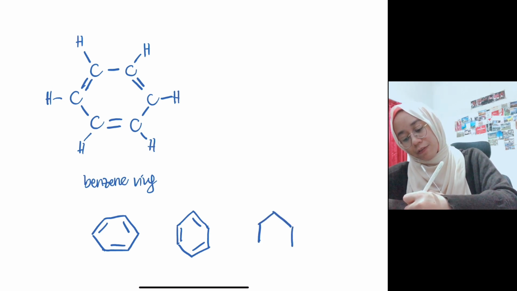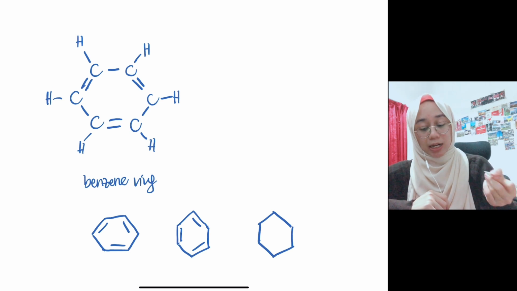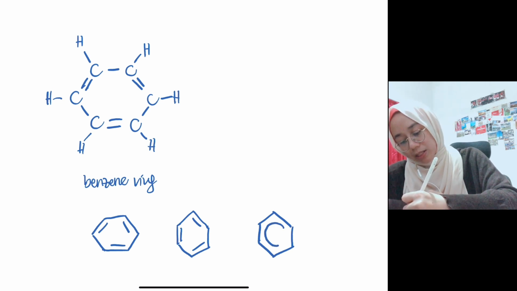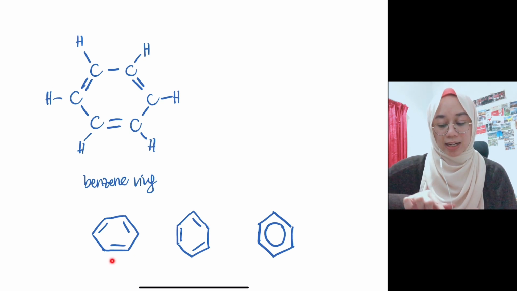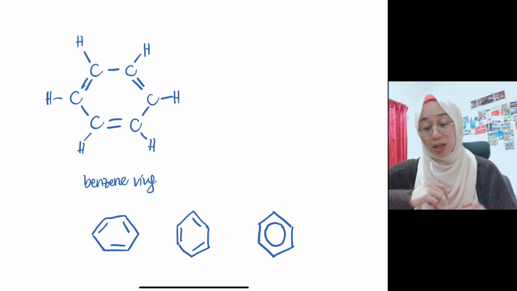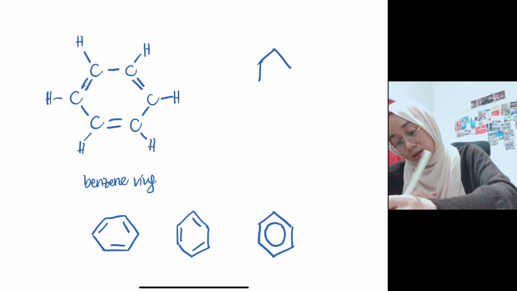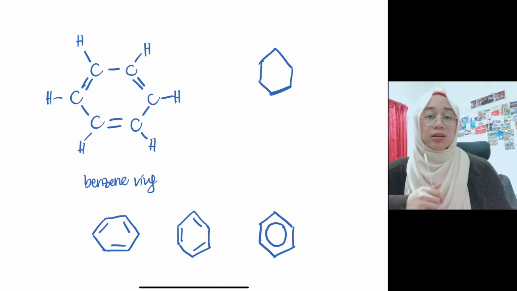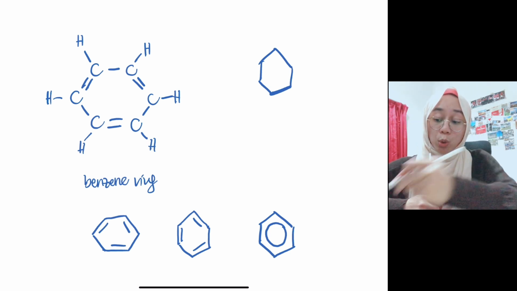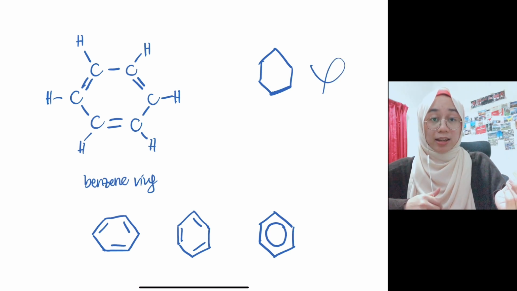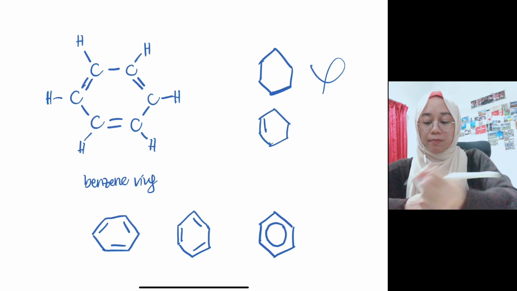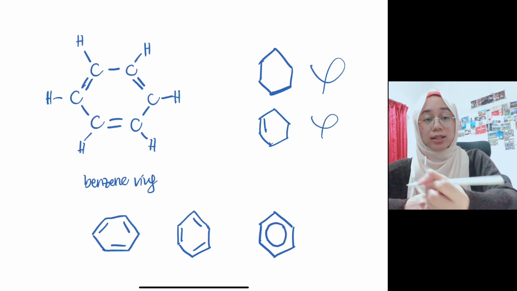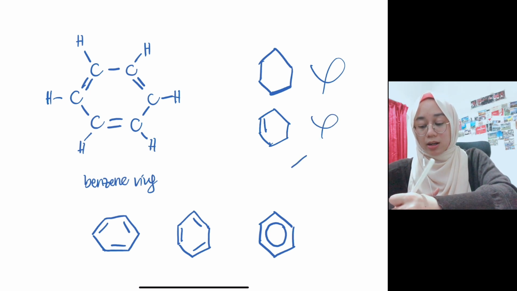Okay, so instead of dia lukis 3 double bond yang ada dalam ring ni, dia akan lukis bulat macam ni je. Ini pun benzene ring juga. Okay, semua ketiga-tiga yang Miss bagi kat sini, ini adalah benzene ring. Tapi, this one, is this considered benzene ring? No, this is not benzene ring. Okay, adakah ini benzene ring? No, this is also not a benzene ring. Adakah ini